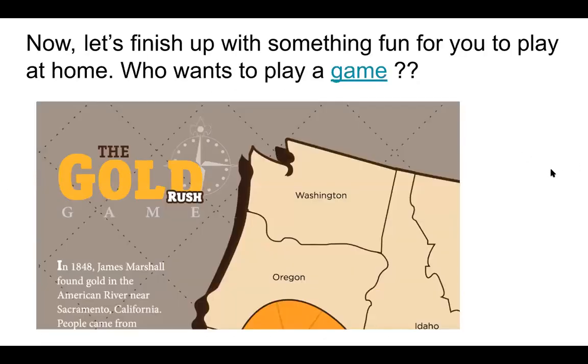All right, and then it's time to do the really fun part, and that is the game. This is the game, again, that I found on a homeschooling website that I really liked. You just print it out. So you print out the game board. You're traveling to California from Missouri or from Iowa, which is a really common place for people to be starting. And then you have a little covered wagon that you might have. It comes with 2. You could always print out more.